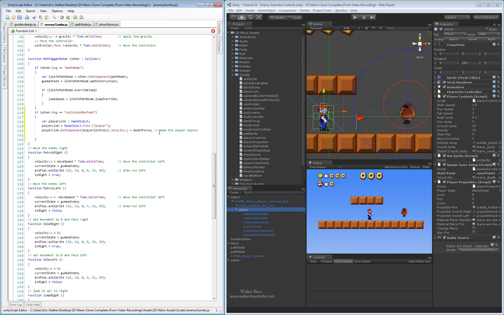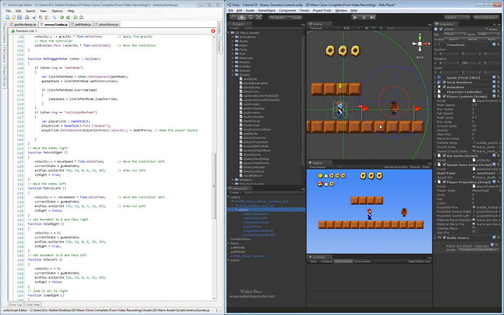Now, we've got this part set up. Now, what else do we actually want to do with it? We could check for additional things like pushing the player back and away from the Goomba. We can also do things to kill the Goomba. If we are going to be jumping on him, then we do want to kill him. But for right now, let's go ahead, save this one out, and see what we can do with this one. Zoom out just a little bit. If we've got no errors, then we can move over with our